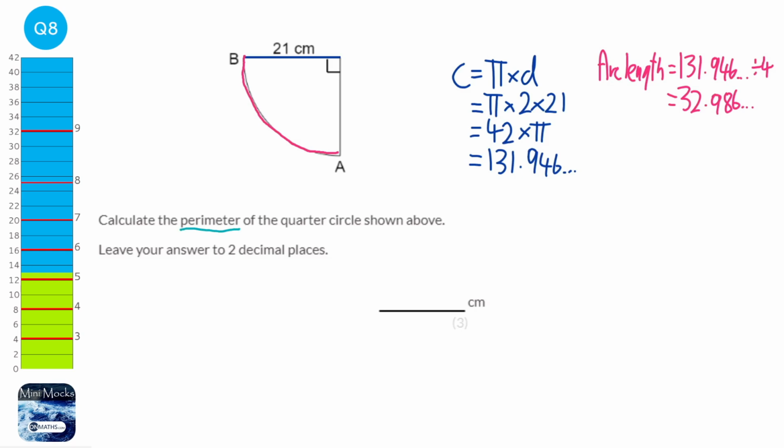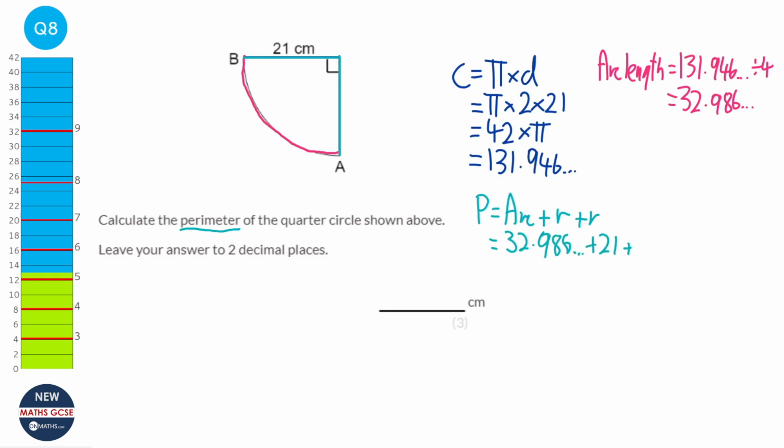Perimeter is the total distance around the circle. So we've also got to add on the 2 parts here, the 2 radii here, to get the full distance around the circle. So the perimeter is going to be the arc length plus a radius plus a radius. So that's going to be 32.986... plus 21 plus 21, which equals 74.986... And when we round that to 2 decimal places, we get the answer of